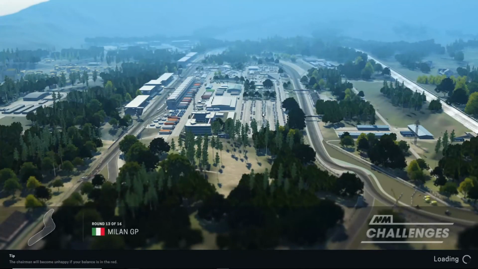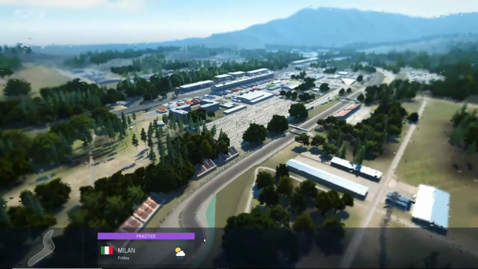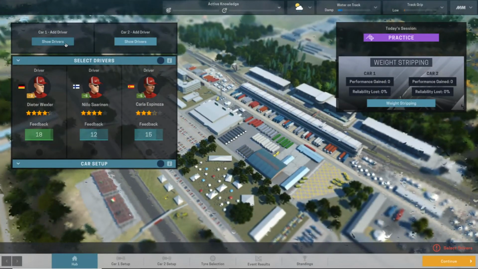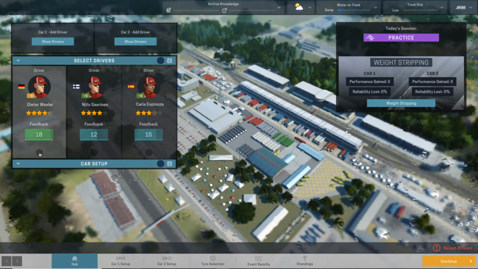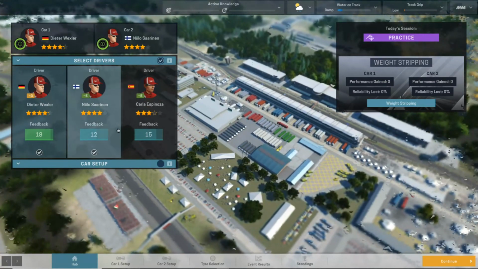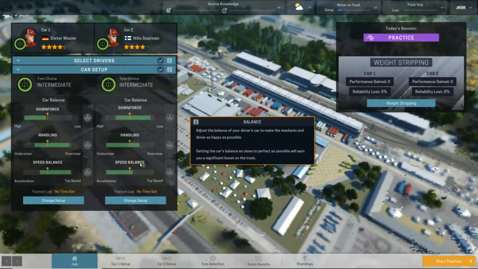Of course, the question is, are these improvements going to be enough? Or will we still fall short? And that remains to be seen. And we've got some heavy rain going on for practice. Wexler not looking like he's having a good day. Saarinen a little better. Of course, Wexler just coming back from injury, so...